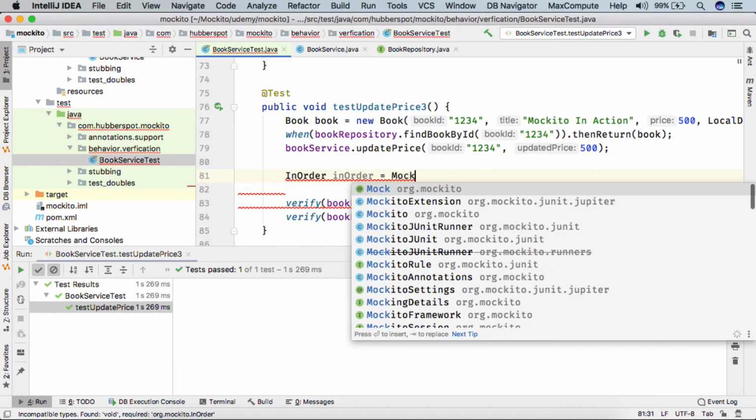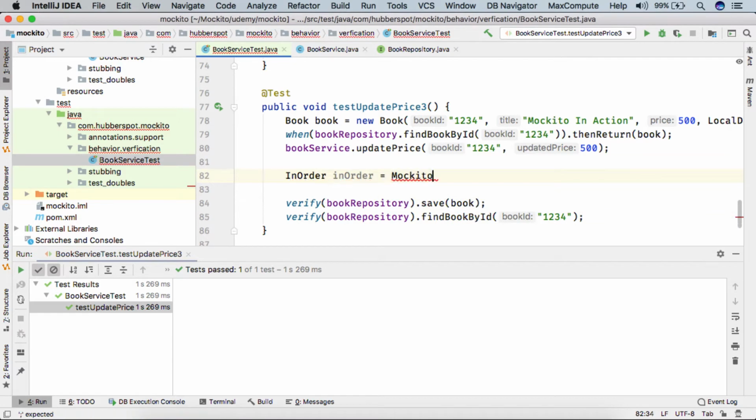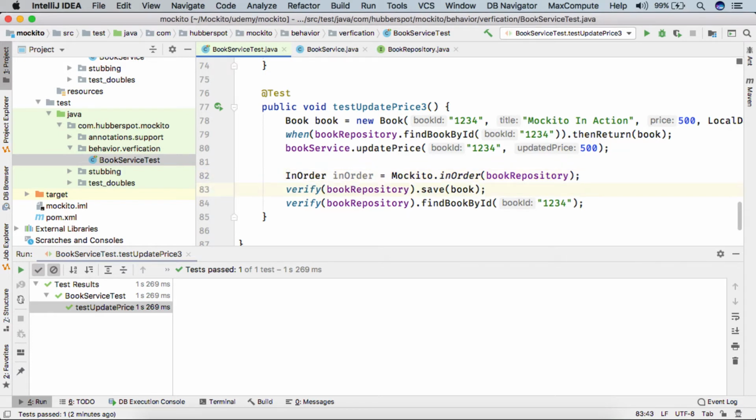Here we can initialize Mockito dot in order, and we provide it a mock object, which is our book repository. After providing the book repository to this in order method, we get an object of in order. Now let's say I cut this part and paste it below.